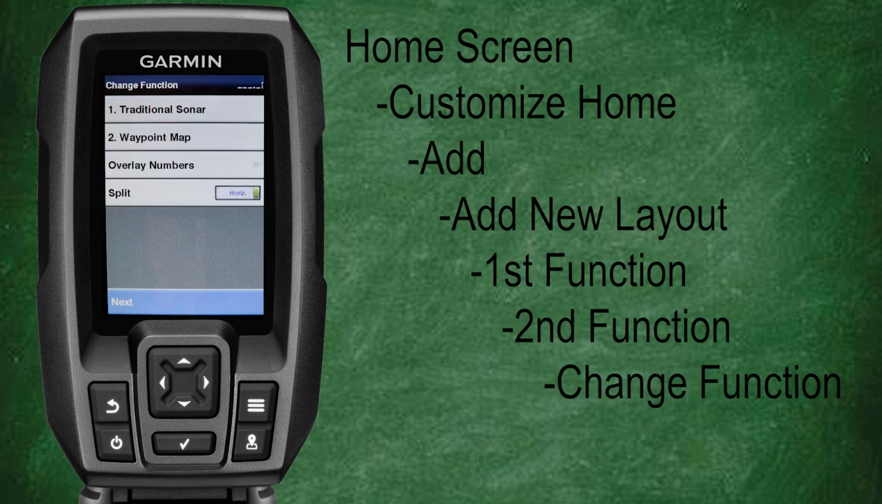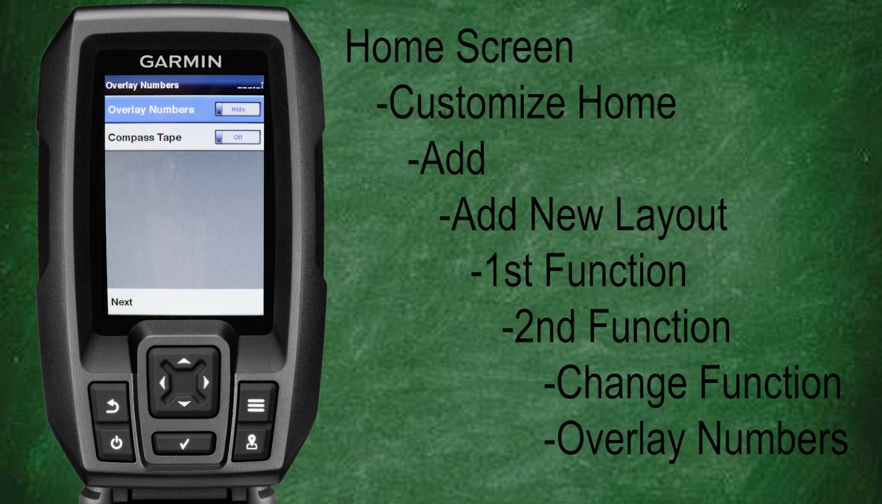Now that we've selected our two functions for our combo screen, we're going to be able to adjust some of the settings and make a few changes if we want. Let's scroll down to and select Overlay Numbers. Here we have the option to turn on our overlay numbers and compass tape if we wish. Now I'm going to be 100% honest with you. You're going to be tempted to turn all these features on so you have a lot more information on your screen. But I have to remind you, we're already starting out with about a 4-inch screen on the Striker 4